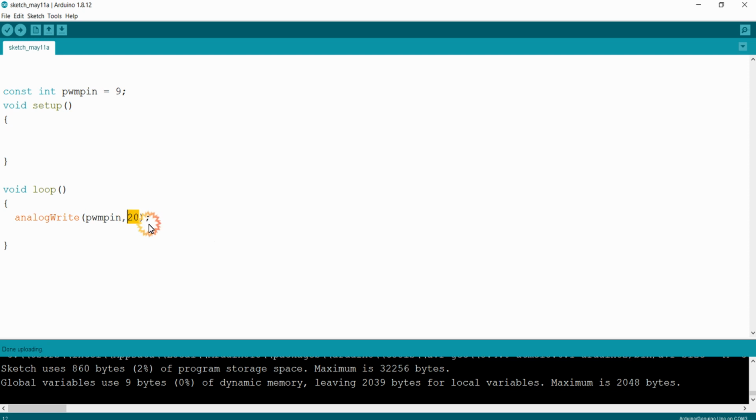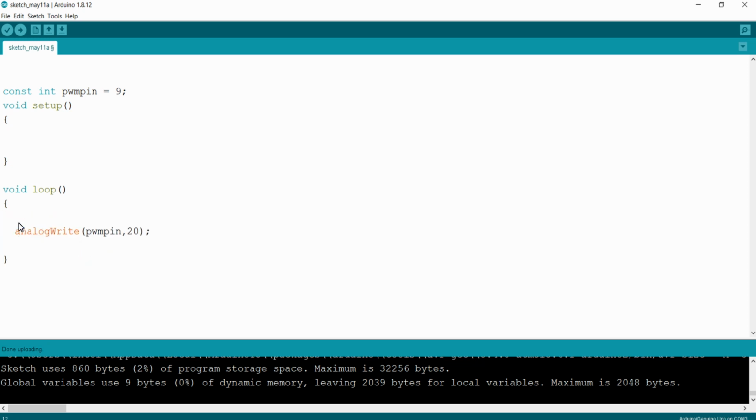So using the parameter that is passed to this function, we can vary the duty cycle of the PWM waves generated. You can ask what will be the frequency of the PWM waves generated? If you use this function available in the Arduino IDE, the frequency is predefined to be a certain value. Approximately the frequency is 500 Hz. You can only vary the duty cycle using this analogWrite function.